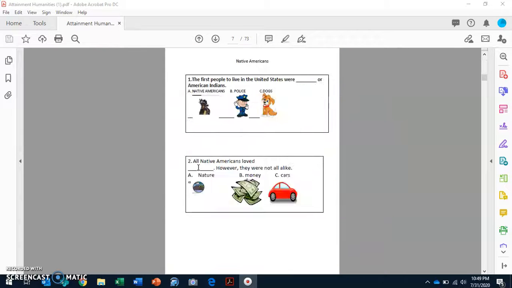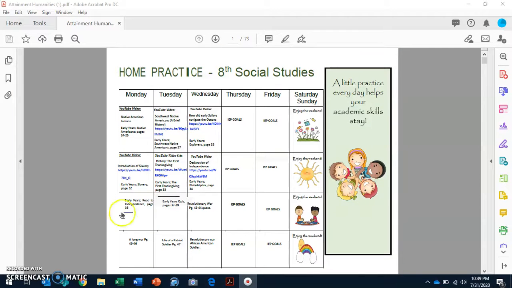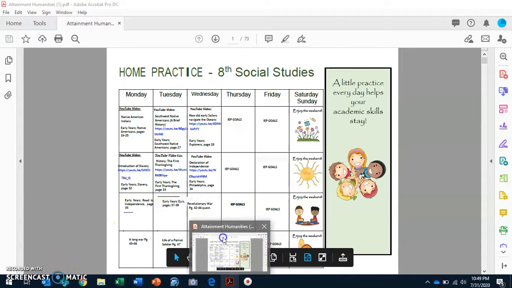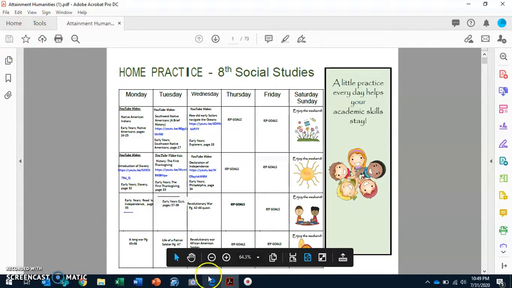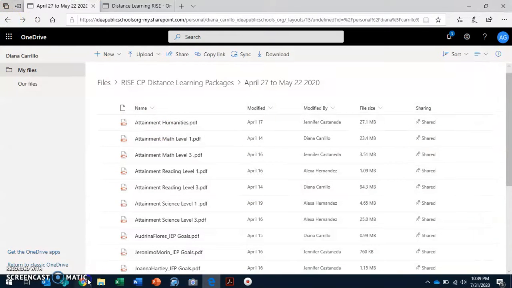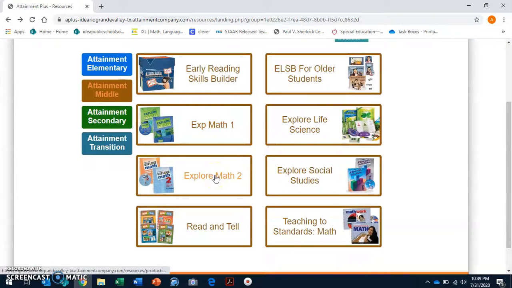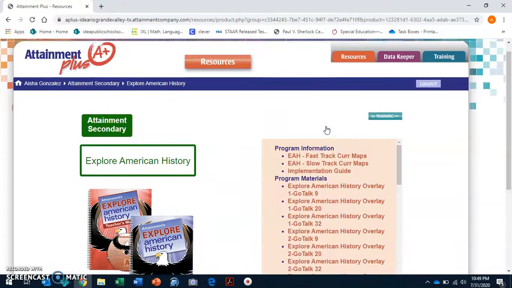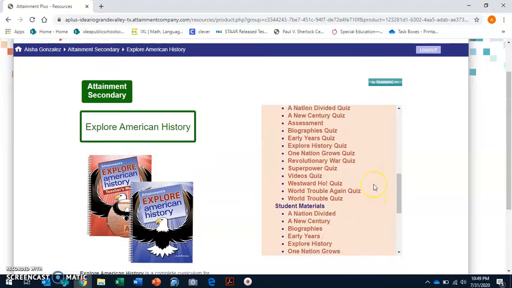So that's basically what you do for history. The history attainment, you're going to find it in secondary, attainment secondary, and explore American history. You're going to click there, and then